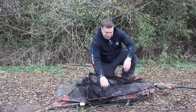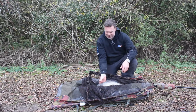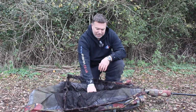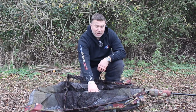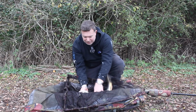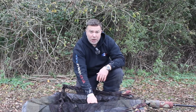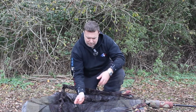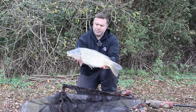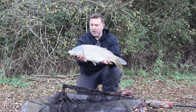Well, there we go, just as I was telling you. That was that same rod down that margin again, 10lb and a couple of ounces. So I'm sort of hoping it has been doing a lot better sized fish. I know there's been quite a few 20s and things coming out, which at this time of year I'm more than happy with, but I'm hoping that I'm not just going to keep catching fish this size, because otherwise it could be a long old night. It's lovely to be getting bites, but